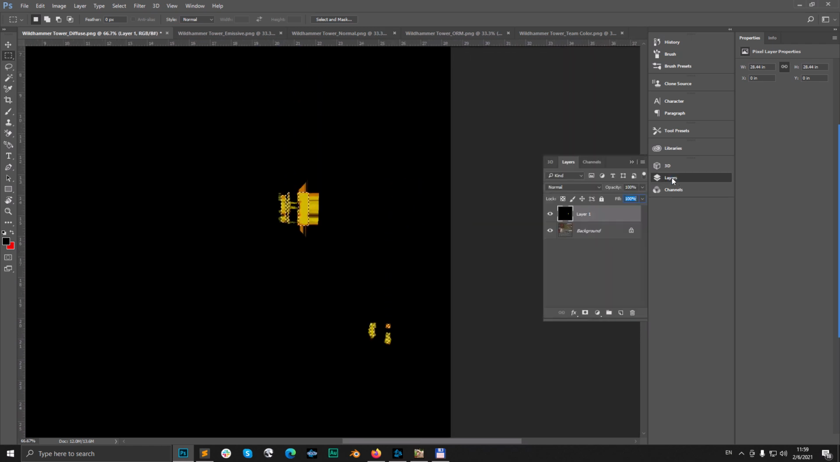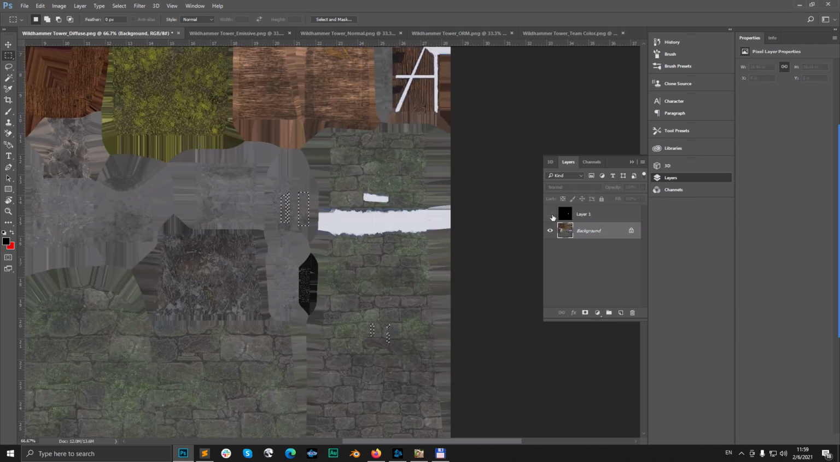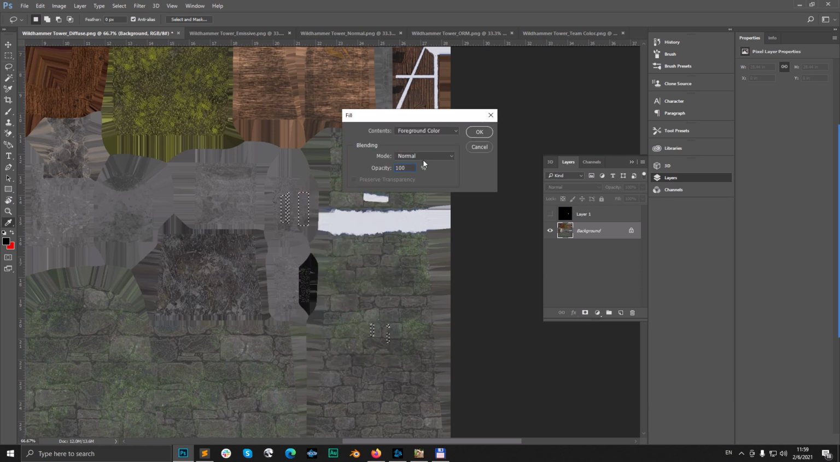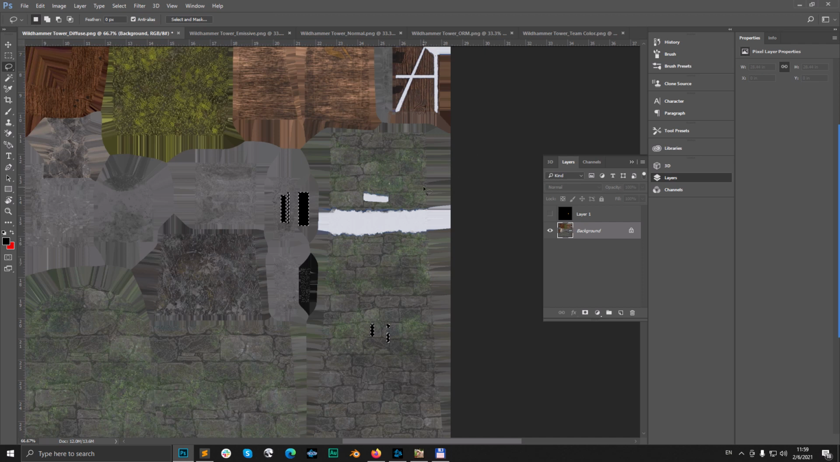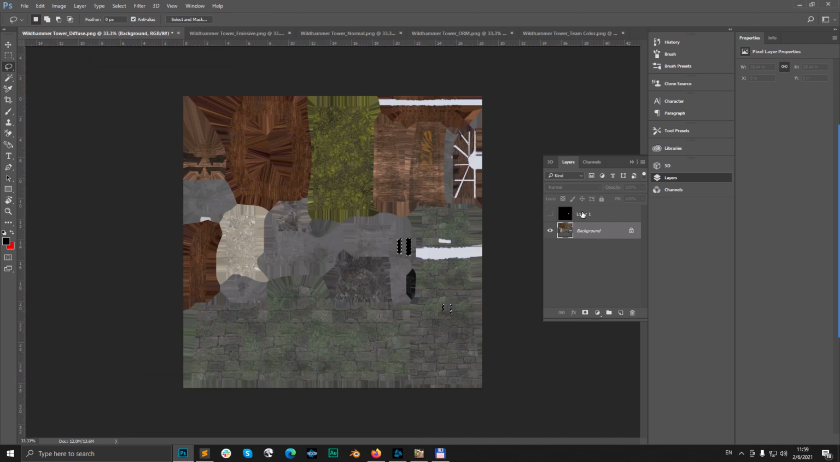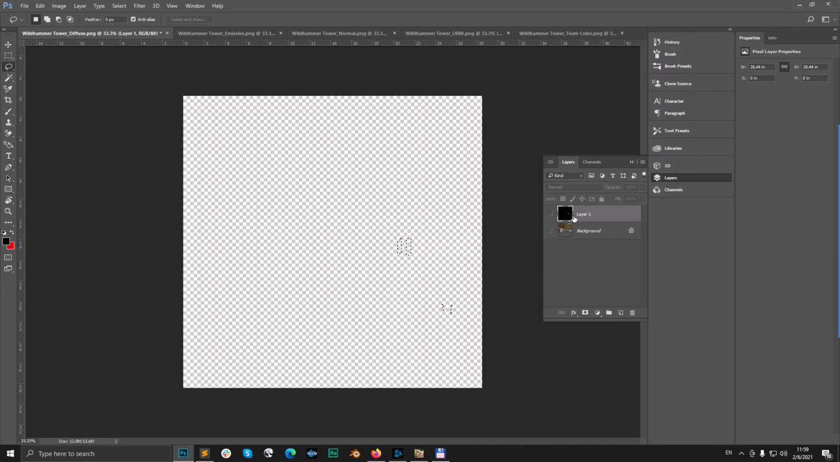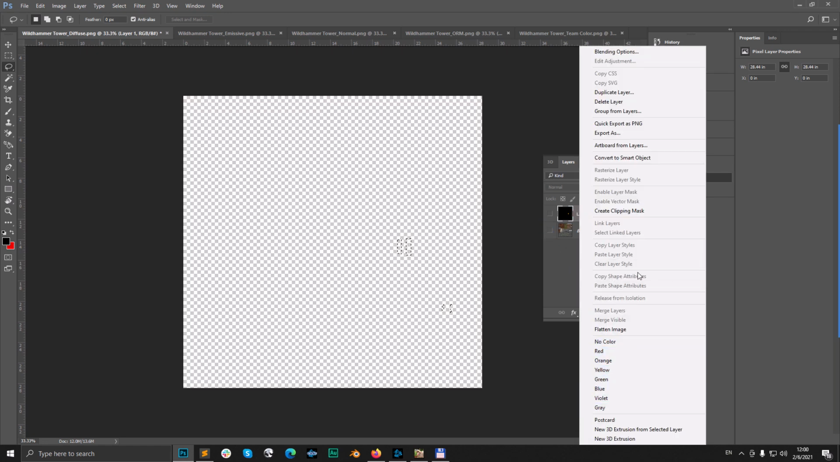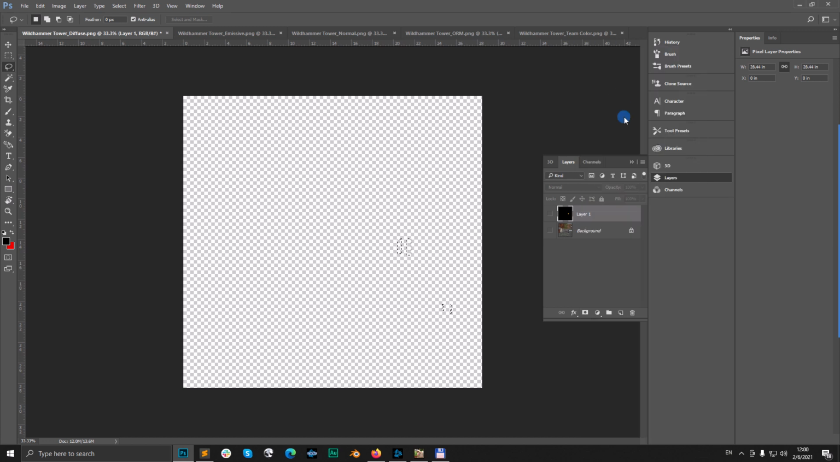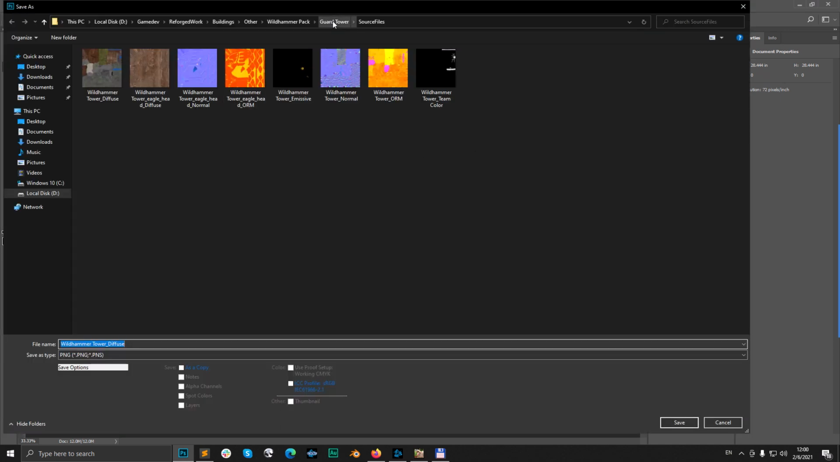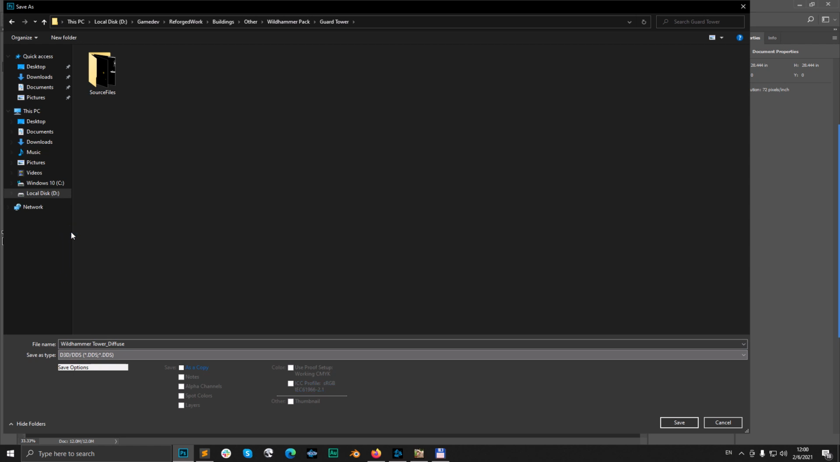Then I will go to the main layer and I will just fill those places with black color. And I will remove the emissive layer that I used. Okay, yeah, and this is our diffuse texture that we are going to save from PNG to DDS